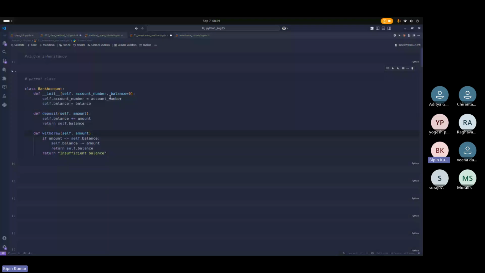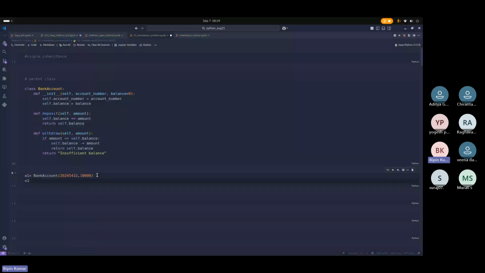These are instance attributes, and these are two methods belonging to this bank account, deposit and withdraw. So let's say I create one object, BankAccount, and what are the inputs? Let's say balance equal to,